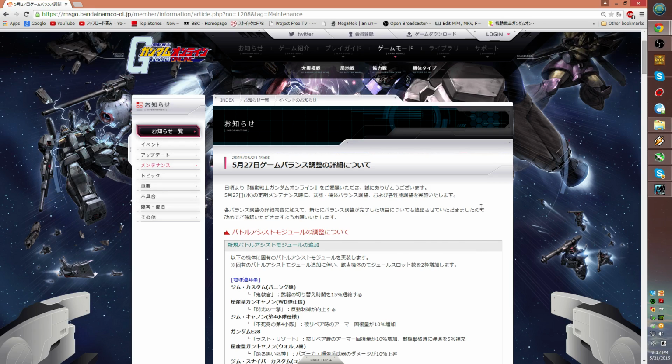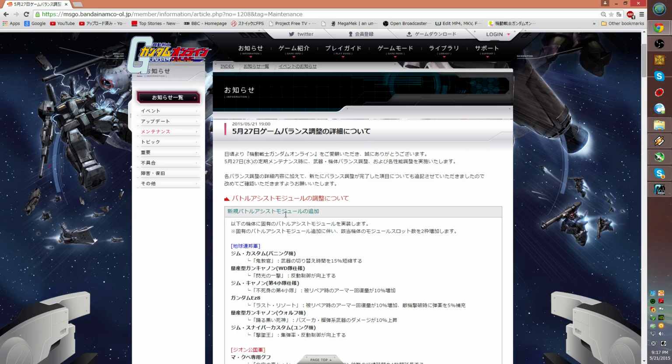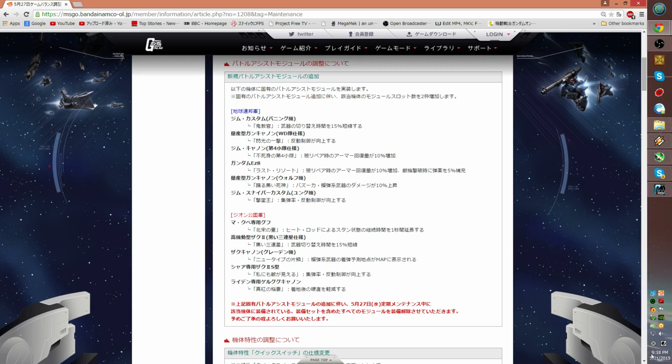But yeah, anyway, it is the 21st here in Japanland, a Thursday. It is also Thursday, but in the morning in East America. Got some clocks in there. They usually, the Bandai Namco team, release patch information on Fridays as a preview and on Wednesdays when they actually do the patches, but it looks like they decided to release the details on the 27th patch